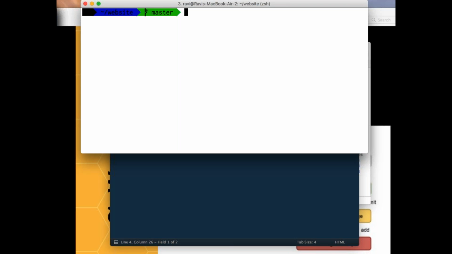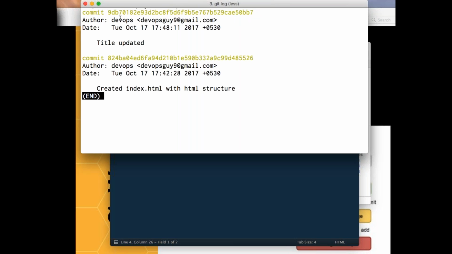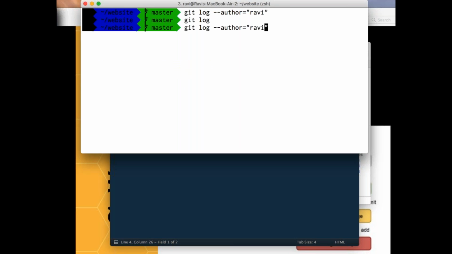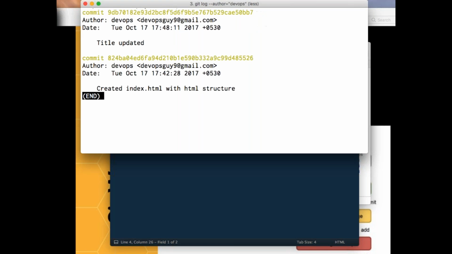Now there are some filters for this. Now all you can do is git log, let's say you want to get according to the author, right? Let's say git log author, something like Ravi. Do I have anything? No. Why? Because who is the author actually? If you see, most of my author was DevOps. Right now, I'll say, alright, you can go and get with that particular thing.